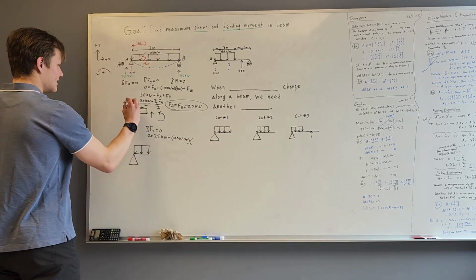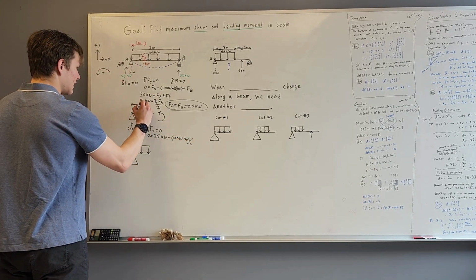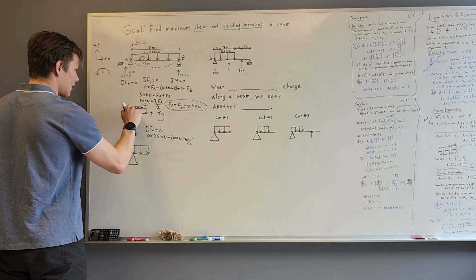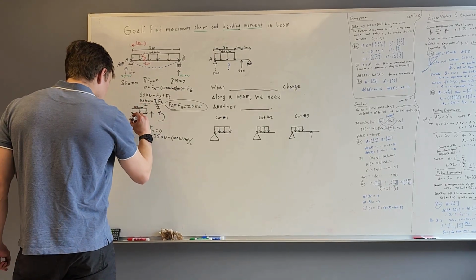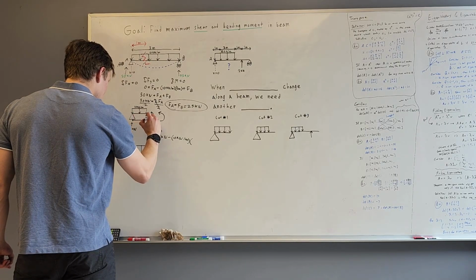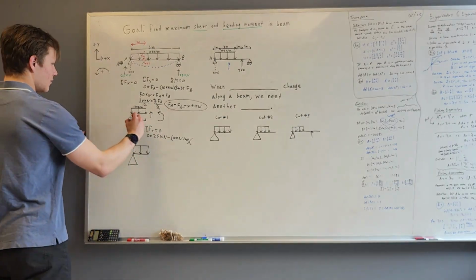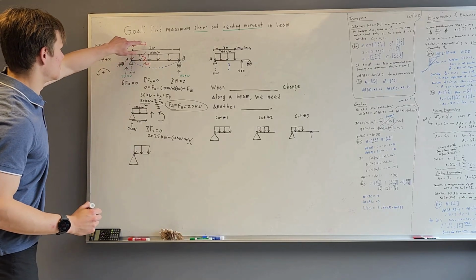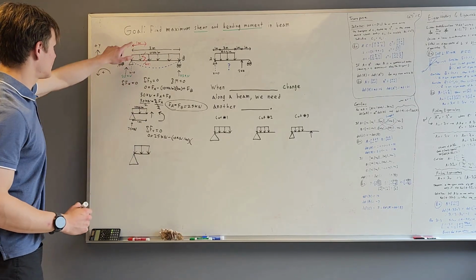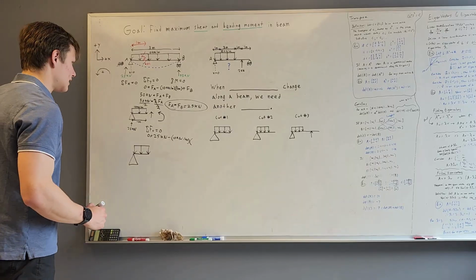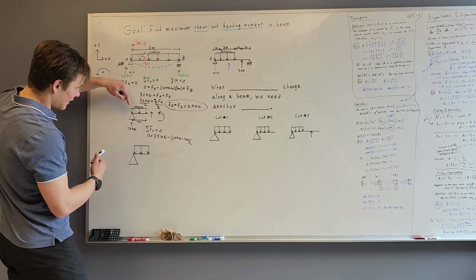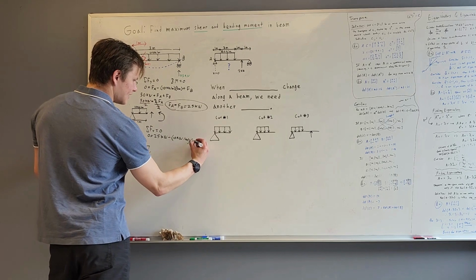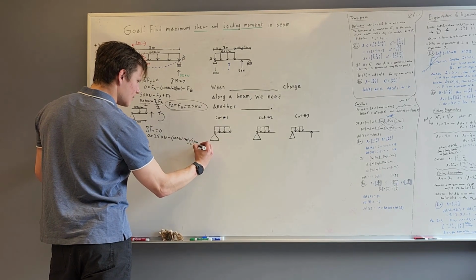And I should label this distance as well. Remember, we took our cut. Ooh, getting a little bit crowded there. Let me just label it right here. So remember, this is a distance of 1 meter because we cut our original beam at a distance of 1 meter. So that's transferred over down here. We're subtracting our uniformly distributed load, 10 kilonewtons per meter, acting over a distance of 1 meter,